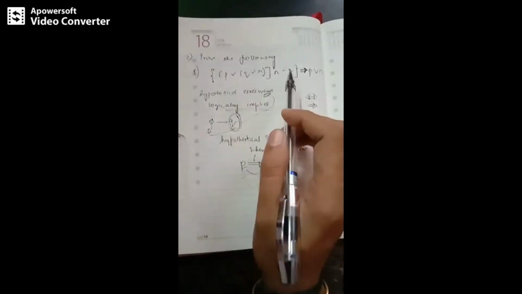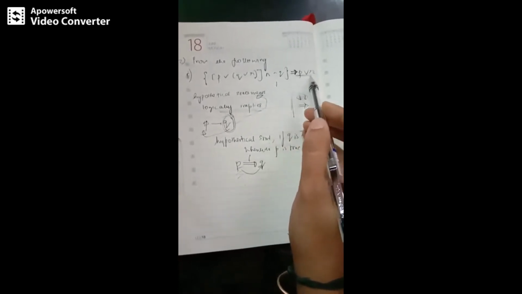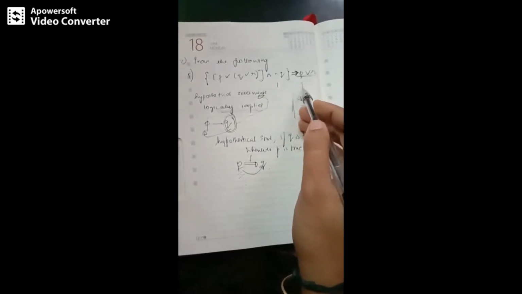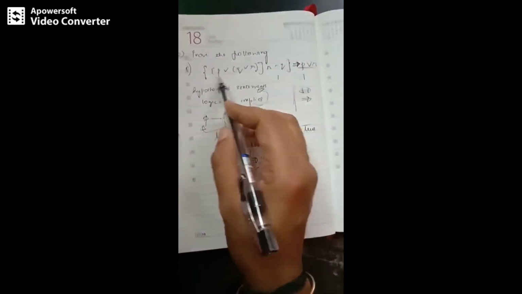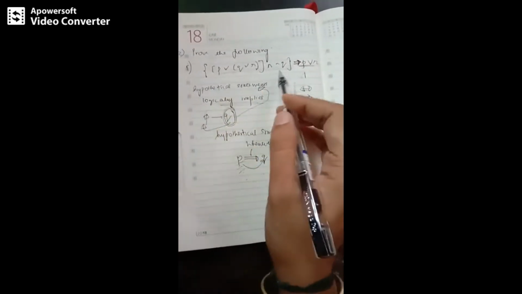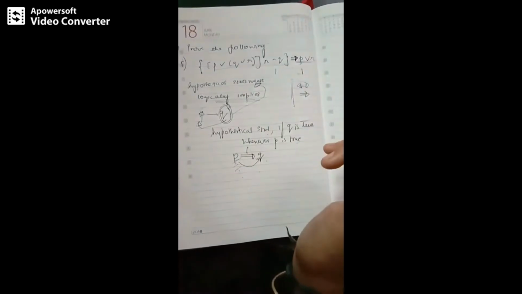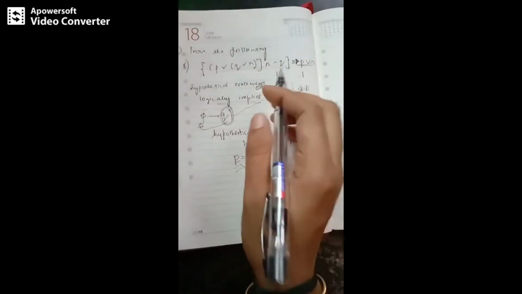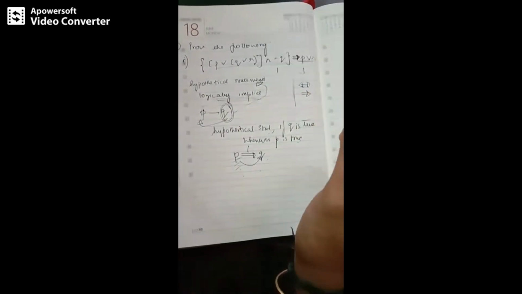So now let's prove this result. That is, we need to check whenever this term has the truth value true, this right hand side, P or R, is also true. We need to check this particular condition. So whenever the entire left hand side has truth value 1, do we have P or R as true? That is what we need to check. If so, then we say that P or Q or R and negation Q logically implies P or R.